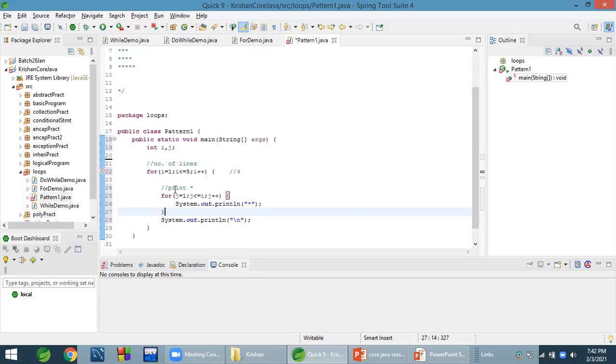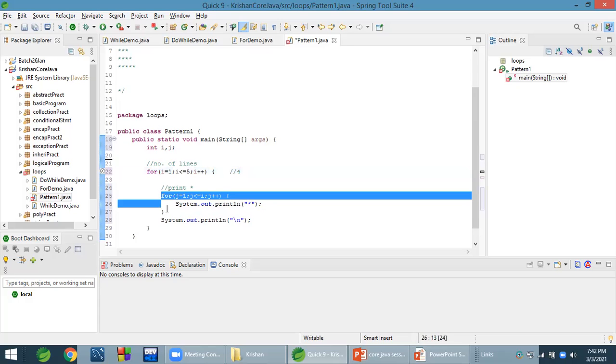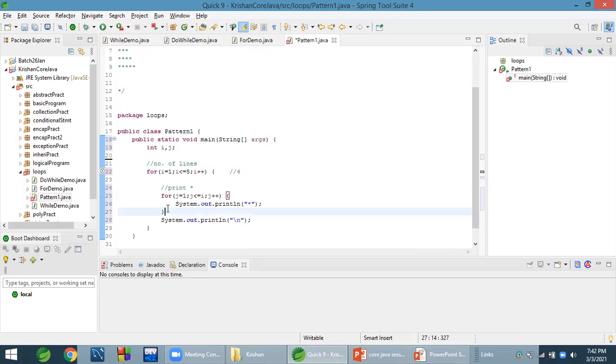Then the thing is, always remember initialization. If we write only one for loop, then initialization will happen only once, and after that, condition, if it is true, body, then increment. Condition, if it's true, body, increment. Condition, if it's true, body, increment. And in case of an inner loop, initialization will happen every time because it comes into this loop from the outer loop. If we write a loop inside a loop, it means if a loop is an inner loop, then initialization will happen every time.